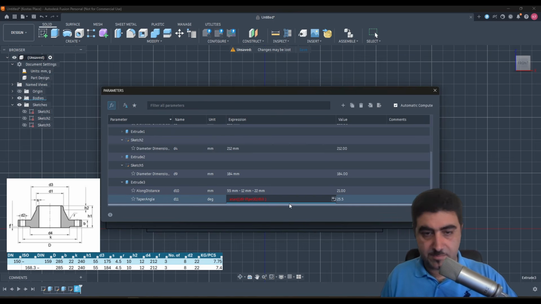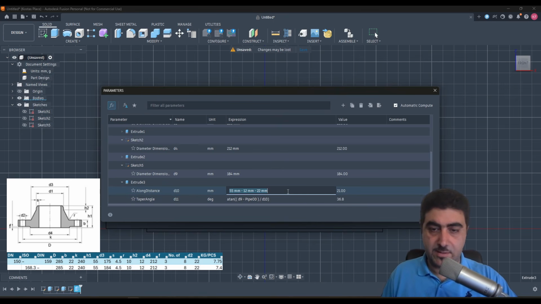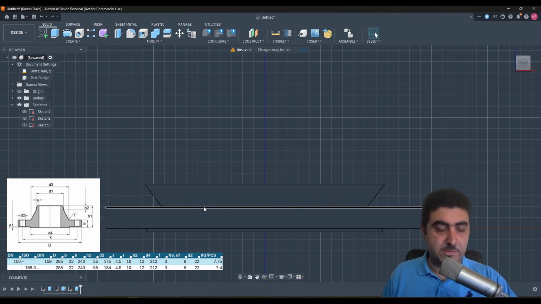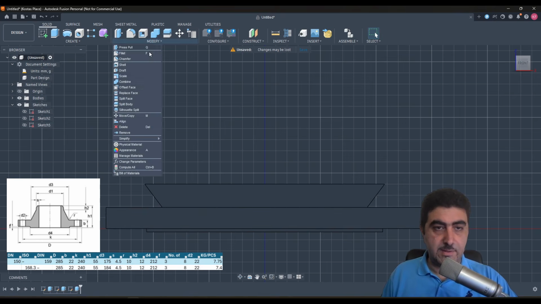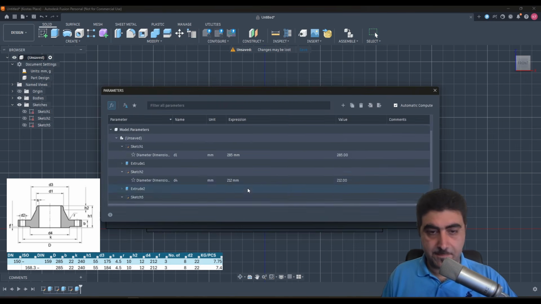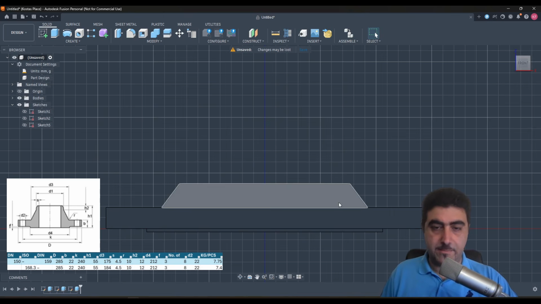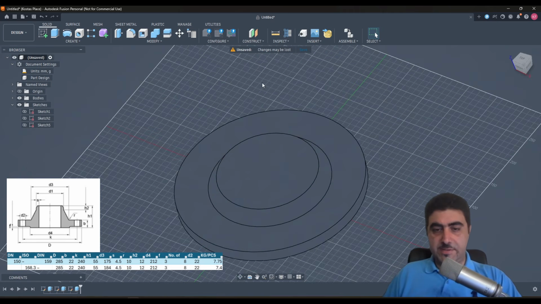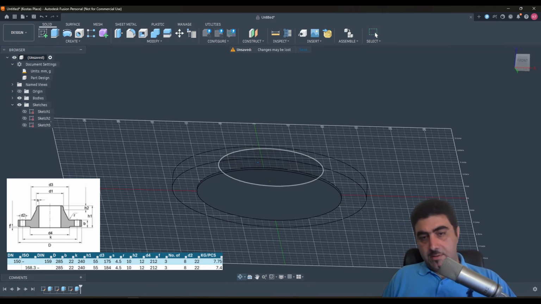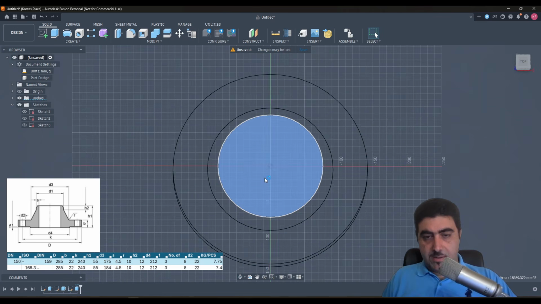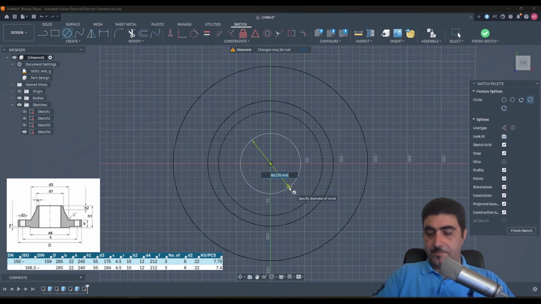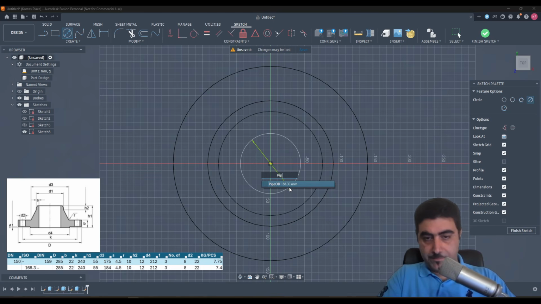So why doesn't this expression work? Oh, because I forgot this. Hey, 36.8. There you go. Well, that's interesting. Let me. I want it the other way. Okay. Hey, this is not bad. Okay. It's a bit more clunky than